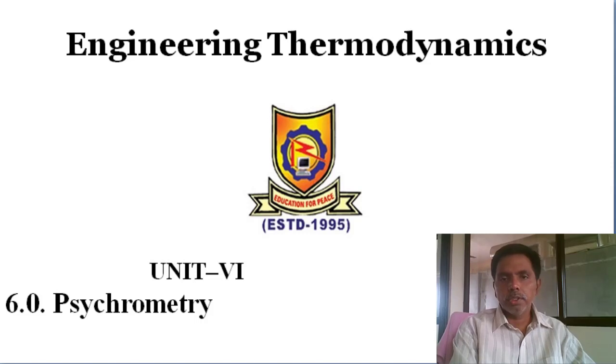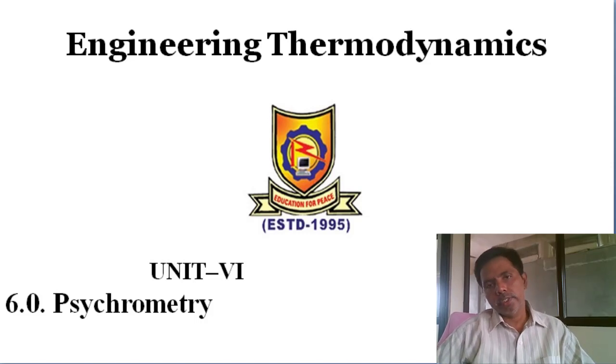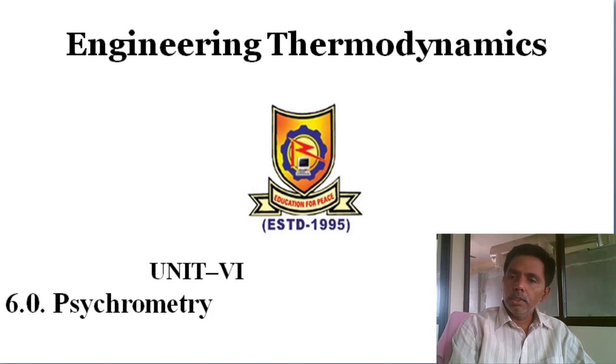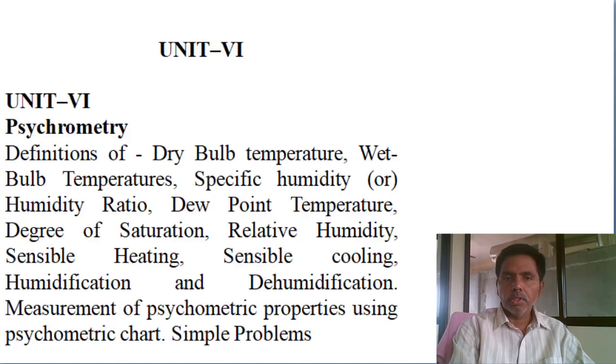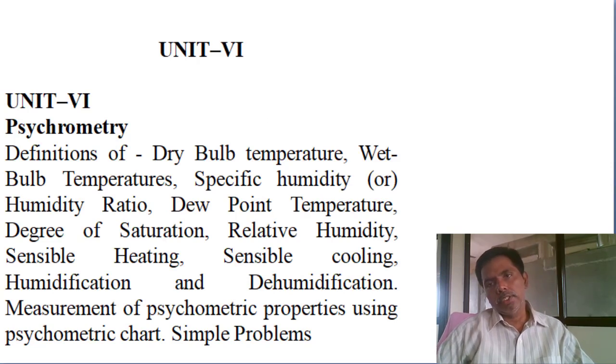Good morning, students. Today we will discuss the sixth unit, psychrometry. In this unit, the maximum syllabus we will cover is first psychrometric properties. I will explain briefly what is dry bulb temperature, wet bulb temperature, specific humidity or humidity ratio, dew point